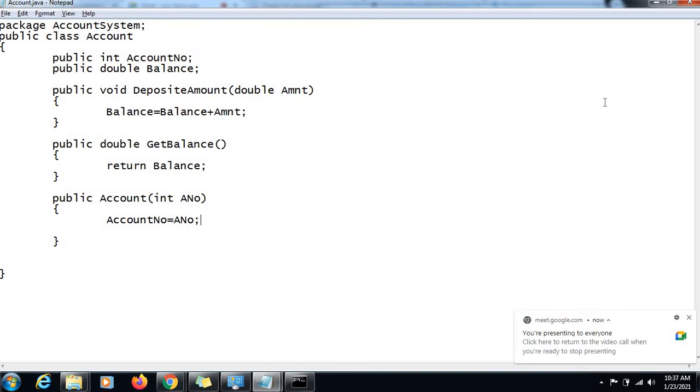The compiler provides us with the default constructor only if we do not have any version of constructor of our own implemented. But now we have this version of the constructor implemented where we are asking for data to be sent for account number, right?